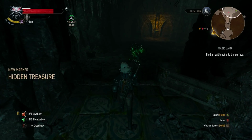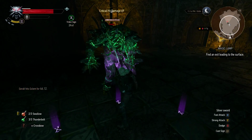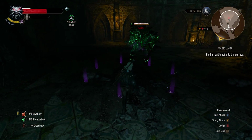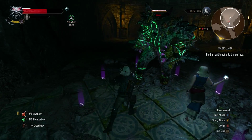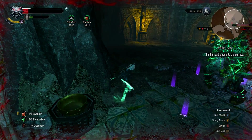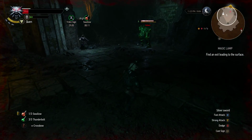So I haven't been using Yrden. But I think Yrden will be useful against this guy. Of course, he's got to come into the Yrden. If he doesn't actually come into the damn thing, then he doesn't slow down. Ugh, that was rough. Jesus. Yrden was kind of effective, but Jesus, he didn't...